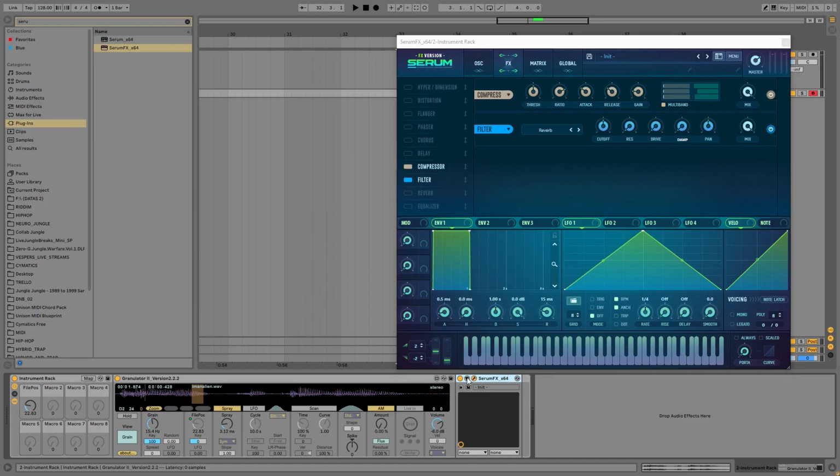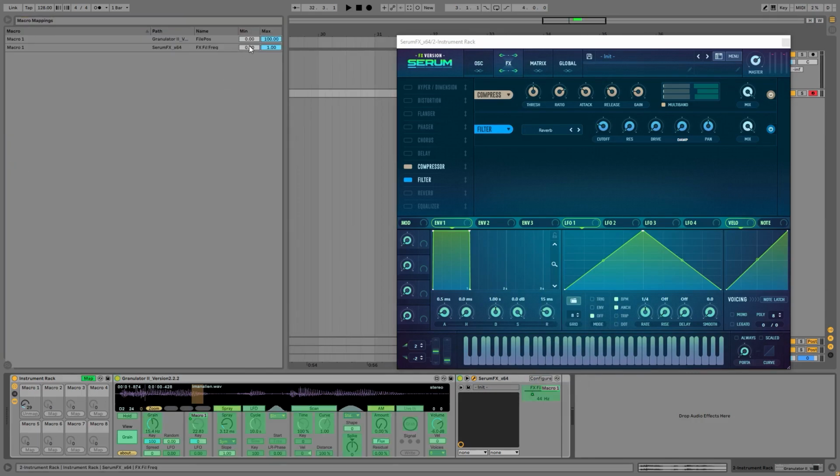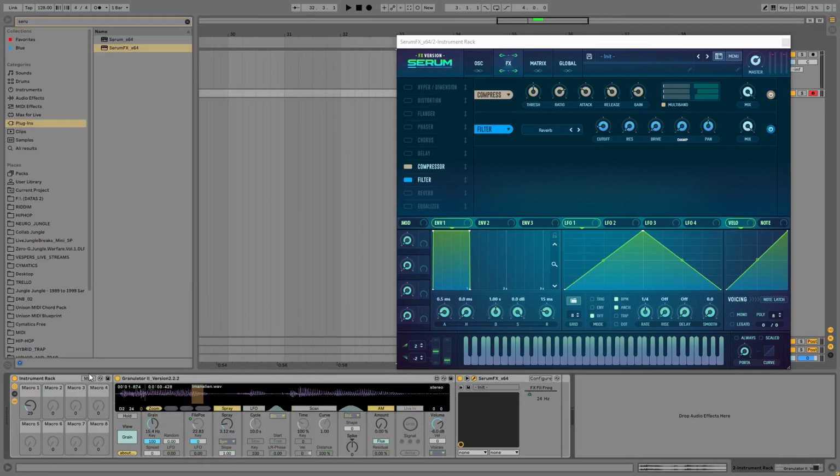Okay, so again, what I want to do is tweak the cutoff and basically map it to the same macro, but I just want to decrease the range. So I don't want to go too high with the cutoff like this. I just want to move between this position, so at around 0.12 to 0.13. Okay, so right now if I play with this stuff,